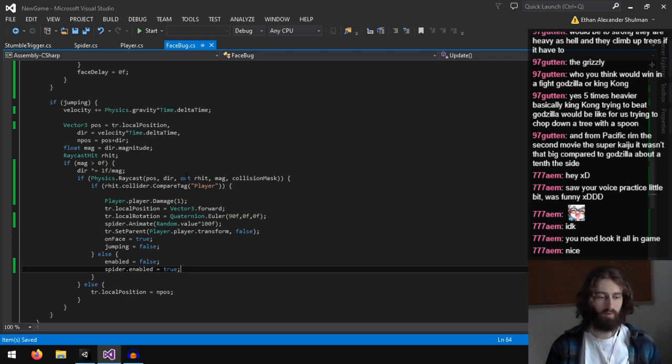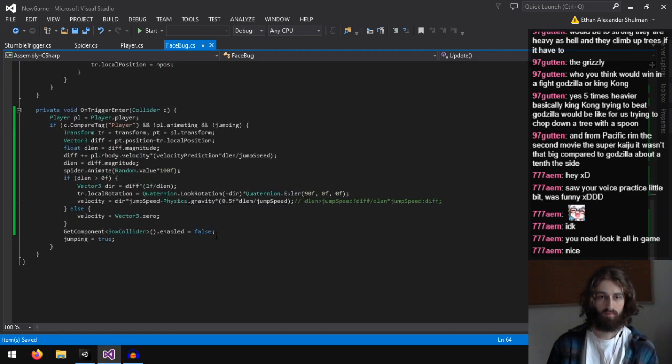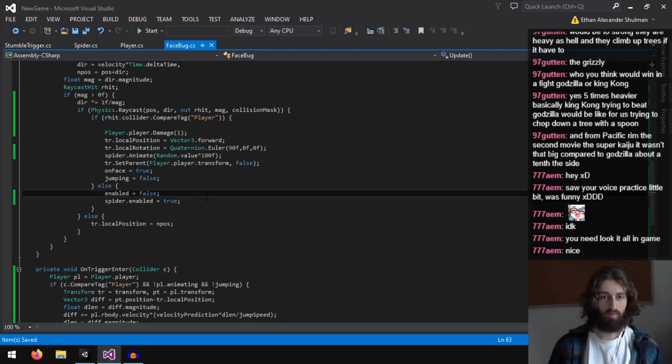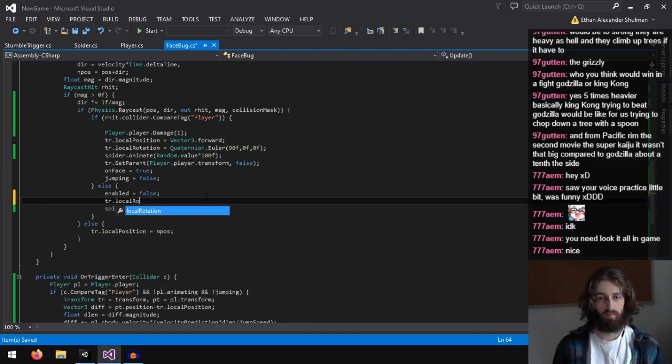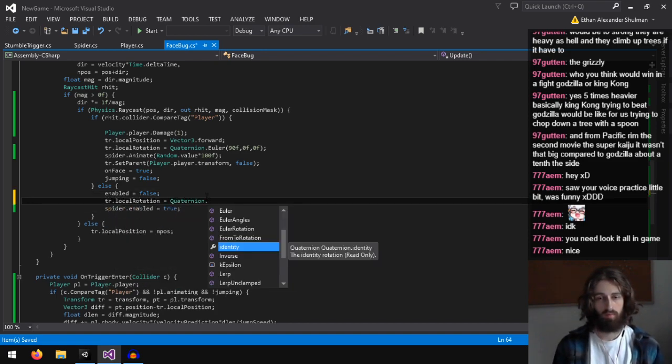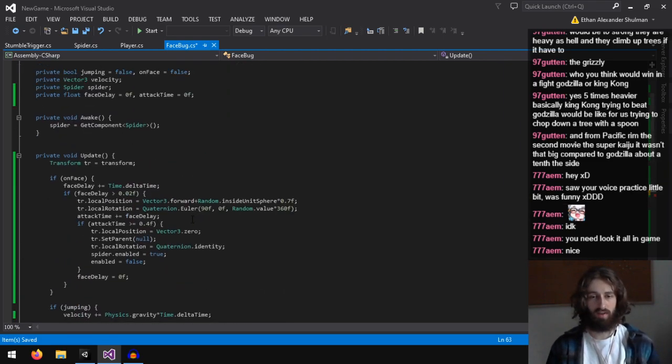Must be something about the position. Maybe the rotation. It should reset it.